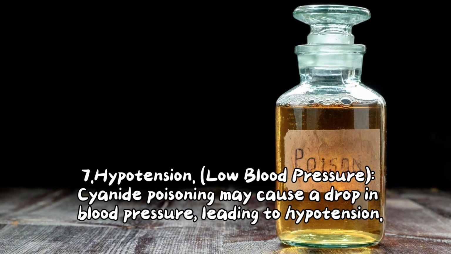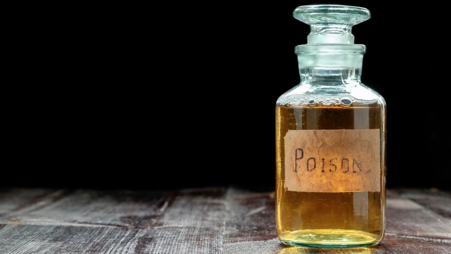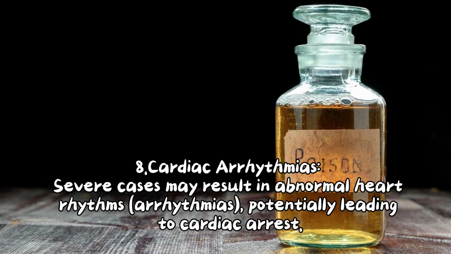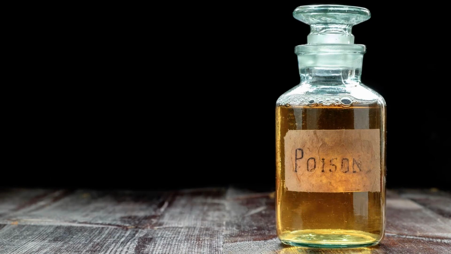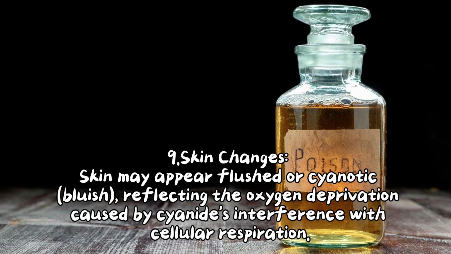7. Hypotension. Low blood pressure. Cyanide poisoning may cause a drop in blood pressure, leading to hypotension. 8. Cardiac arrhythmias. Severe cases may result in abnormal heart rhythms or arrhythmias, potentially leading to cardiac arrest. 9. Skin changes. Skin may appear flushed or cyanotic, bluish, reflecting the oxygen deprivation caused by cyanide's interference with cellular